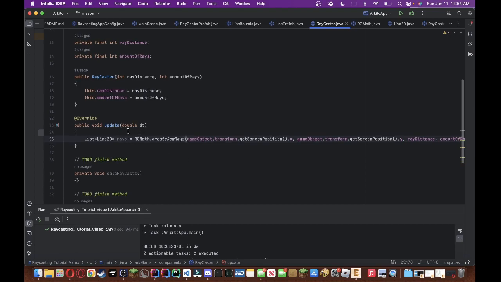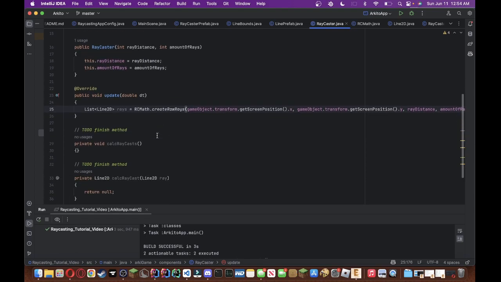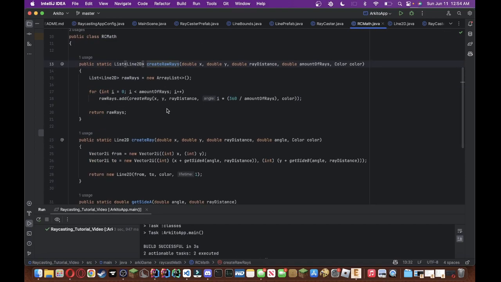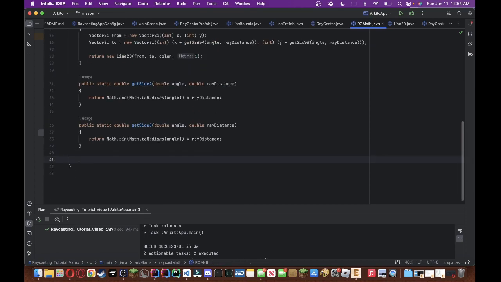Now, we're going to have to create some additional methods within the RCMath class. In this class, these additional methods are going to be calculating the intersecting point. What do I mean by this? Well,